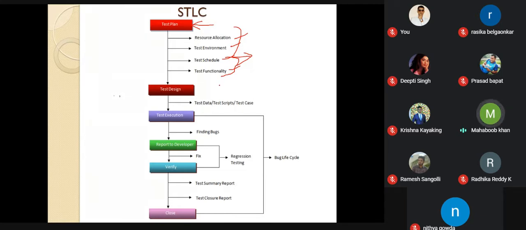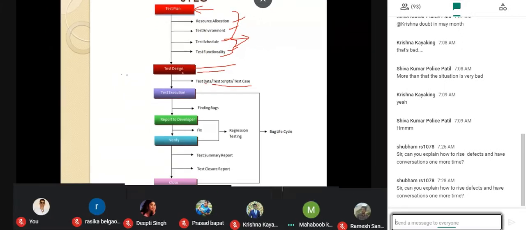Then once he designs the test cases, once he creates the test cases and test scenarios, we will prepare the test scripts. We'll call them scripts. Here we are using Quality Center, which is one tool. Whatever we are updating in normal English, test scripts, test cases, and test data will be maintained in the test design phase.